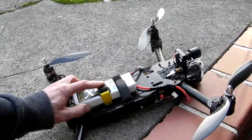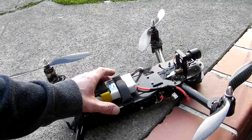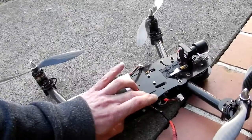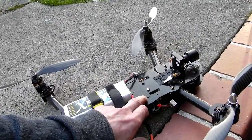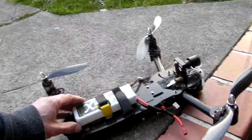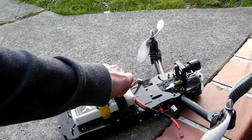This is a 4,000 mAh battery, but for a 5,000 or a double pack of 3,000, you'd want to be able to strap around the outside, or use this strap point here. If you didn't have your power distribution board mounted to the top of the frame plate here, you'd want to use these battery straps here. So it will hold huge amounts of weight that way. And with these straps,